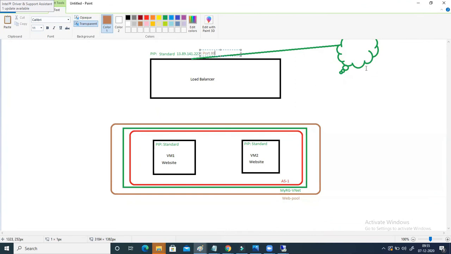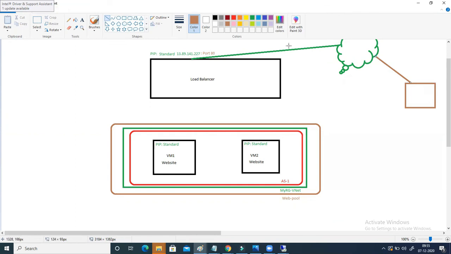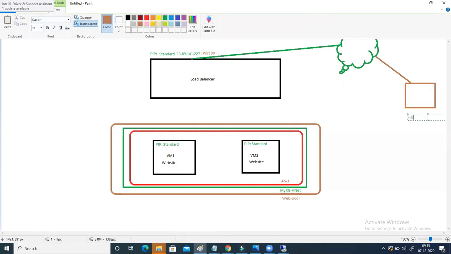If someone is typing, let's say this is your client laptop, and they are typing HTTP colon double slash, what will happen in this case? Because HTTP is mentioned, it will come and hit this public IP address on port 80.